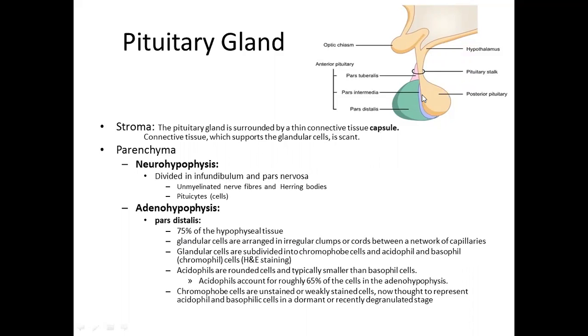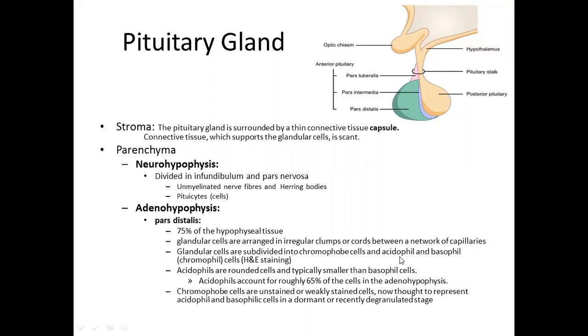The glandular cells are broadly categorized into two categories: chromophobes, and chromophils. Phobia is basically a term which indicates hatred, so these are cells which are not getting proper staining, lightly or poorly stained. Philia indicates affinity or affection, so the cells which routinely get colored are termed chromophils. And the chromophil cell population is further divided into eosinophils and basophils in H&E staining.